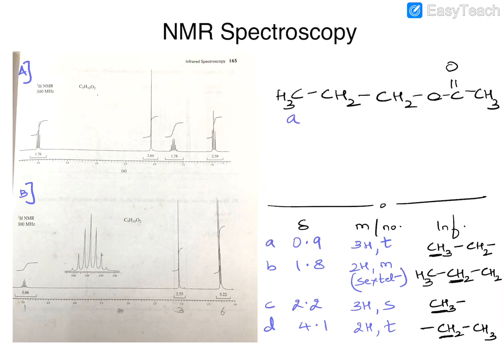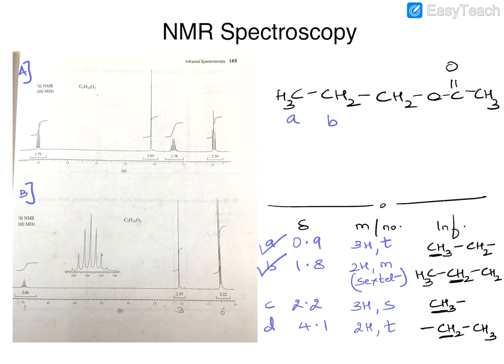Okay, so the hydrogens as a part of the methyl group should be the ones that are most upfield, because they don't have any electronegative groups around them to push them downfield. And this should appear as a 3H triplet, and that's consistent with A here. Okay, so the next one is a 2H sextet, which should result from this CH2 group that is flanked by a methyl group on the left and a methylene group on the right. Total number of neighbors is 5, and hence the peak should be split into a sextet,